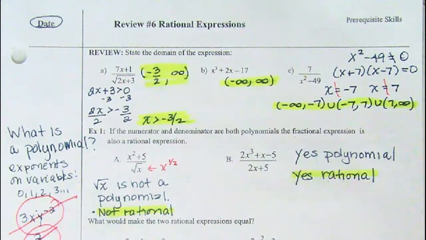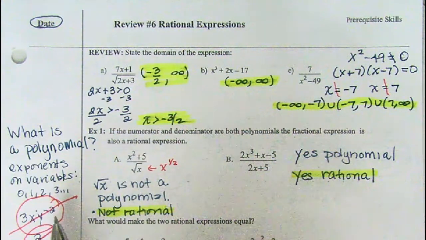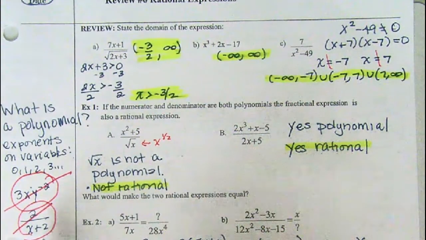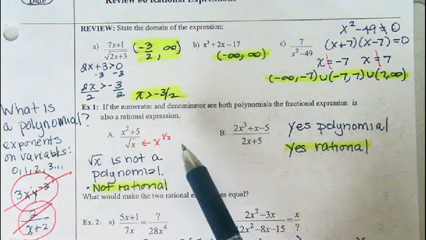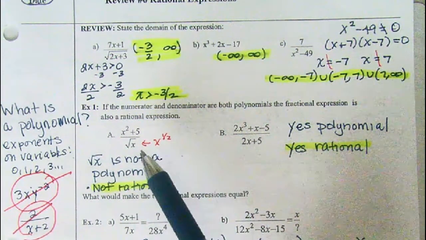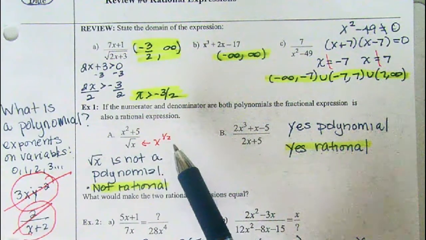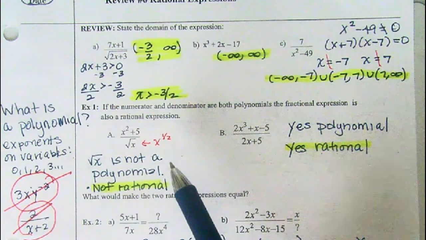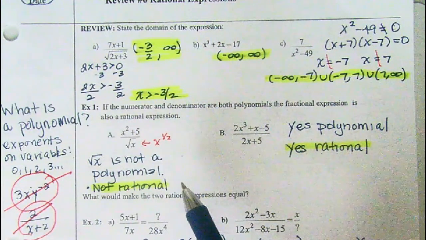No decimals, no fractions. So for example, 3xy to the -2nd power is not a polynomial because of the y to the -2. Another one that's not a polynomial is 2 over x plus 2. So that is not a polynomial. So if we look at the first example, it's not a polynomial because the square root is the same thing as x to the 1/2 power. So 1/2 is not a whole number, so therefore it's not a polynomial,